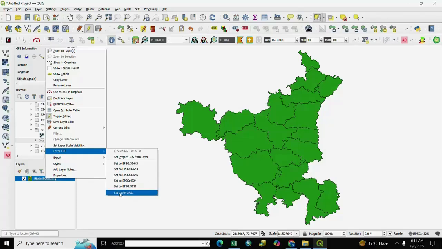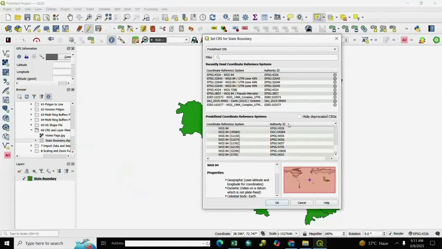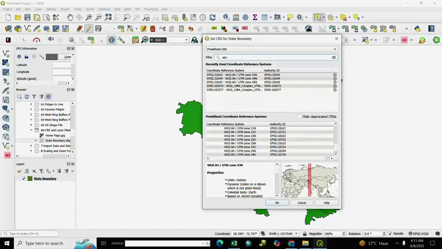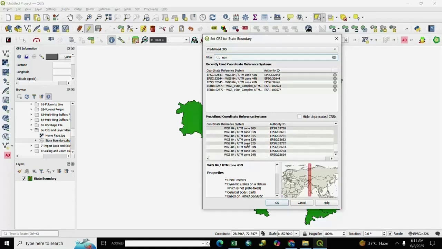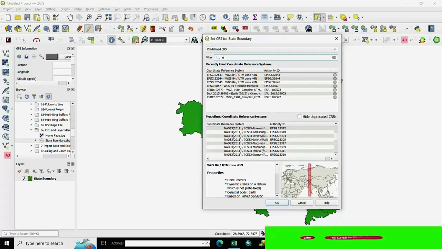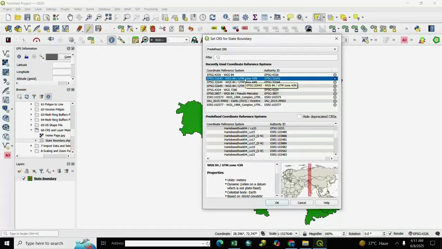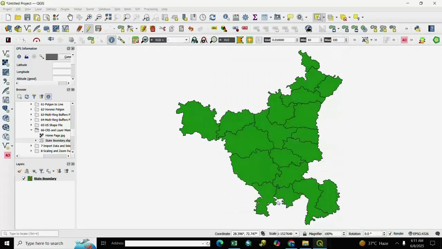Otherwise you go to set layer CRS, and if you want to change it to UTM zone, you write here UTM and search here UTM zone projection. So we select here UTM zone 43 north. After it, we click OK.